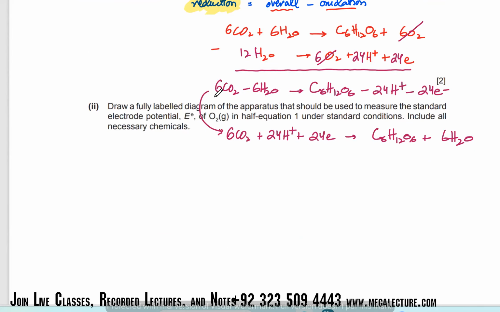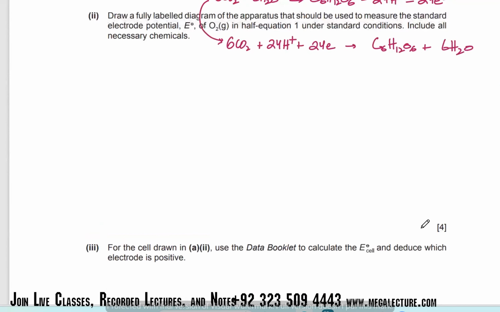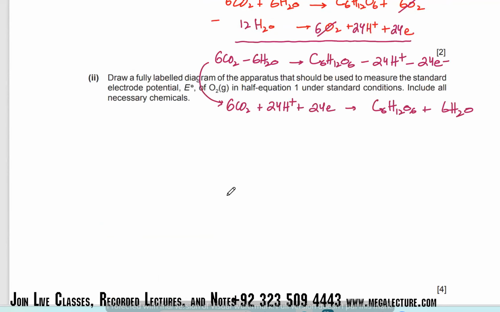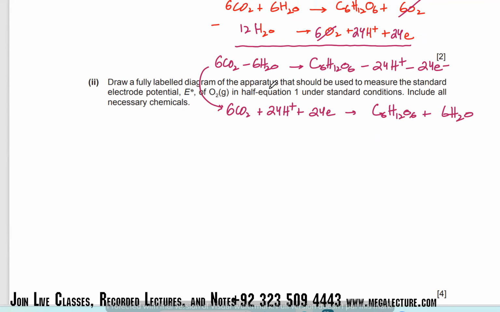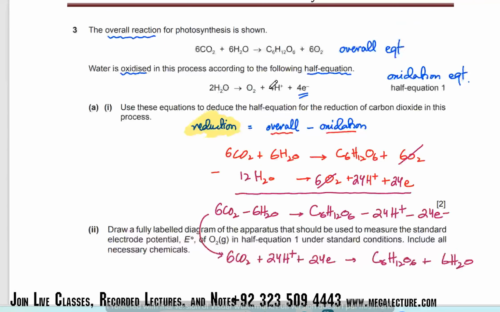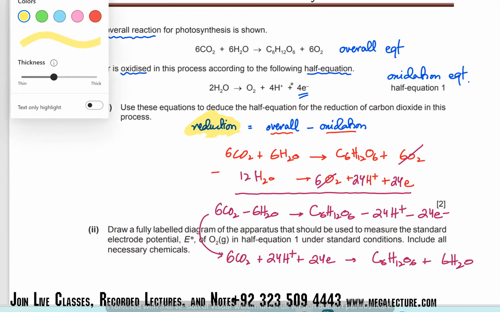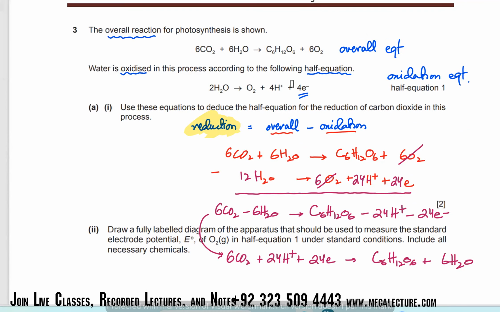For example, this one, draw a fully labeled diagram of the apparatus. ठीक है, remember drawing. Drawing के marks, and there's always more marks for drawing. That should be used to measure the standard electrode potential of O2 in half equation 1. So half equation 1 was over here. वो कह रहे हैं इसका निकालो, ये जो भी है half equation 1, this one. और इसका draw करो, draw the electrode